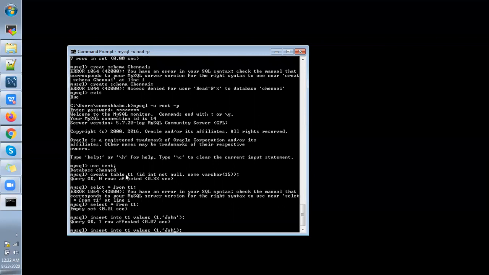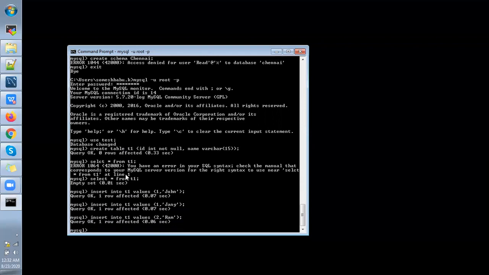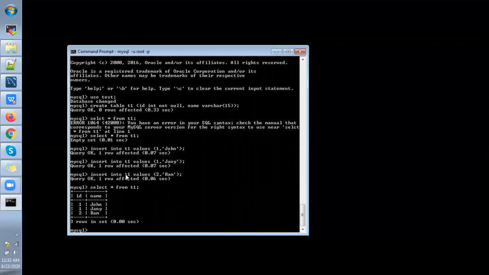So I'm inserting another record called Johnny. I'm inserting the third one. Run. So let me check whether data is returned or not. So I have created a table called T1 and I have inserted three records here.